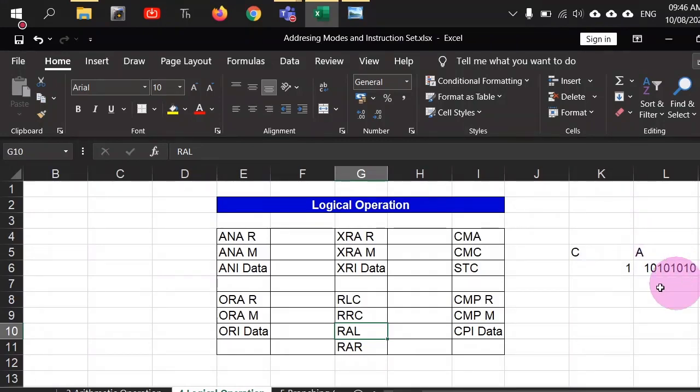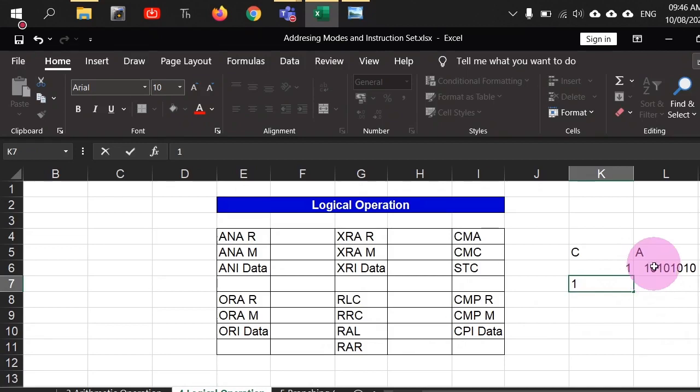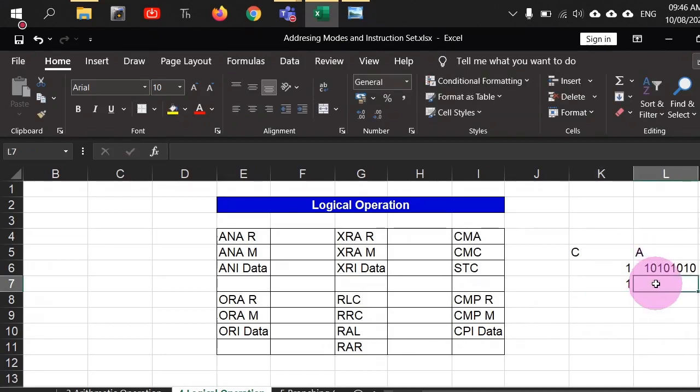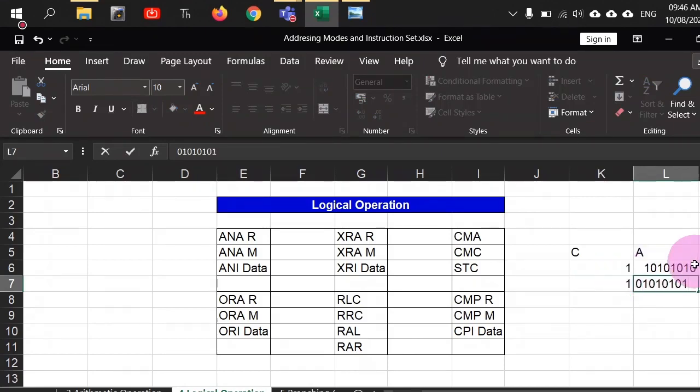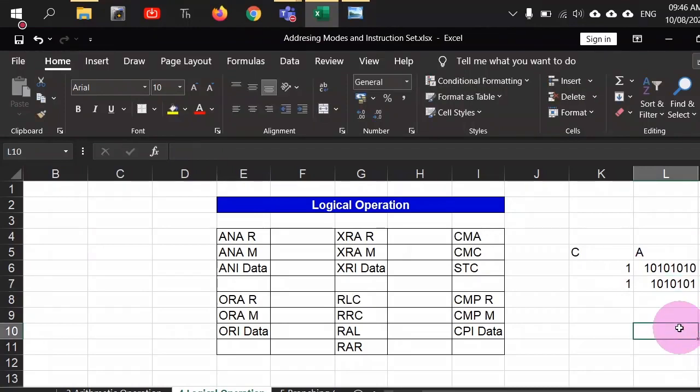So after the execution of this RAL command, the contents that you will have in carry flag would be 1, because MSB was 1, so it was copied here. Then you will have 0, 1, 0, 1, 0, 1, 0, and 1, because this 1 has gone to this particular position. So is this command understood? This 0 is not visible because ultimately before a number, if it is 0, then Excel automatically does not display it because it does not have any meaning. So there is a 0 which is written before this number. So is this command understood? RAL.